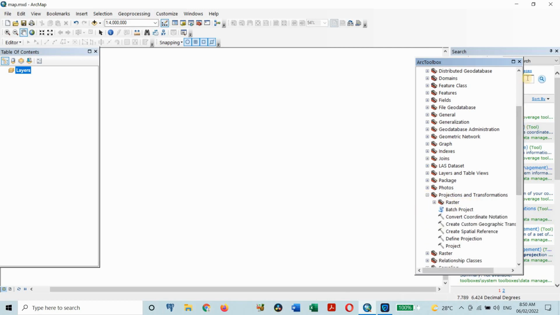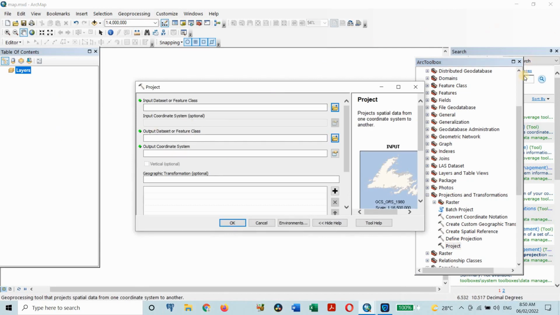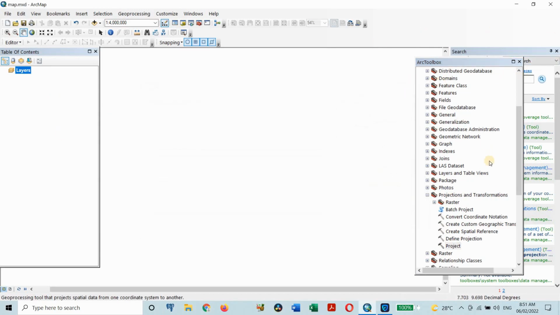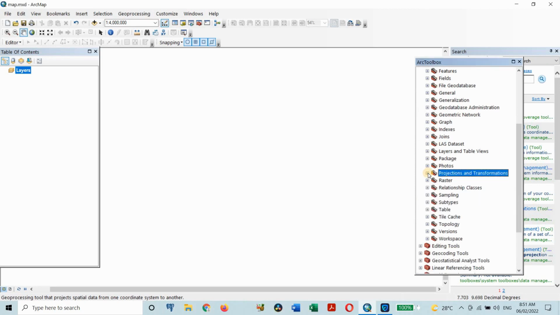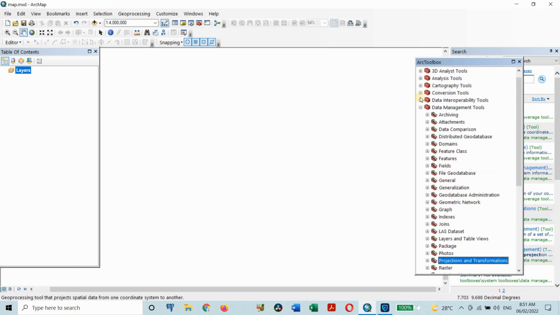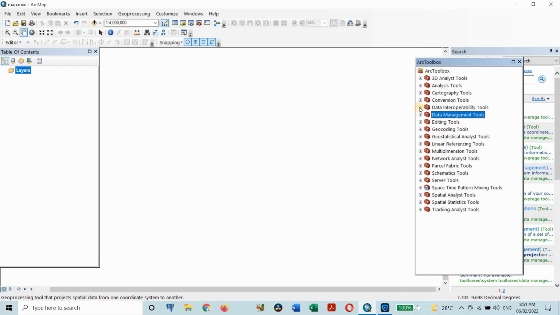So first I typed in project. So if you want the Project tool, you have to come to Data Management, you come to Projections and Transformations, and then you come to Project, which is the same as what I typed in the search button. So actually, if you know the name of the tool, you don't need to memorize where the tool is located. You can just type the name of the tool in the search tool, and then you can find the tool. But as you gradually work on ArcGIS Desktop, you will become familiar with the places that these tools have been